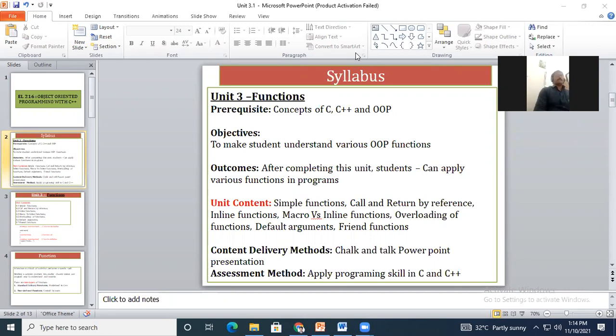Then, space is not allowed in between the name of an identifier. If you wish to separate words, then you need to connect the two words with an underscore. And numbers and special characters are not allowed at the start of the name of a function or variable. So these are the rules of identifiers.